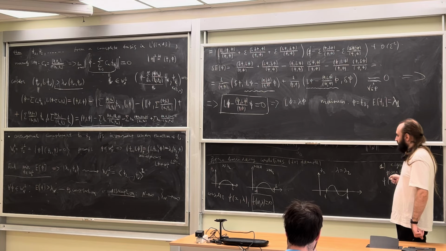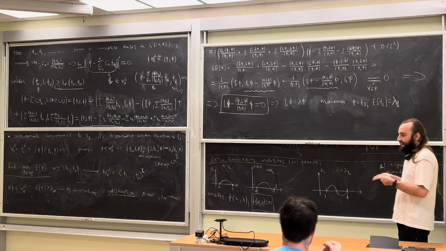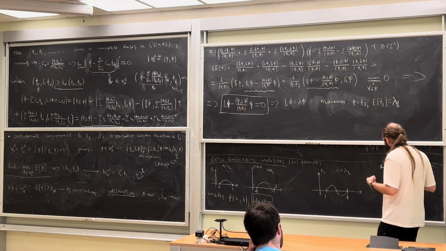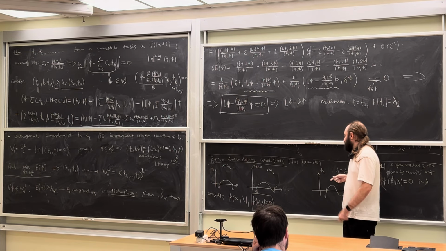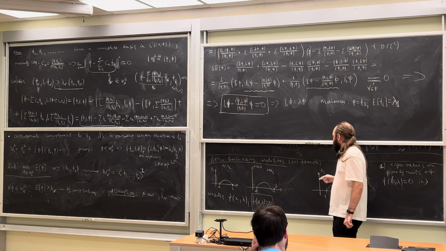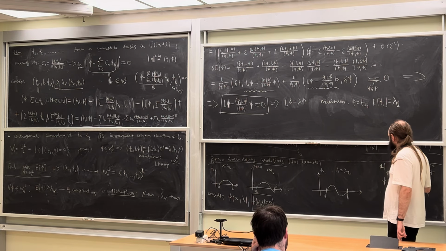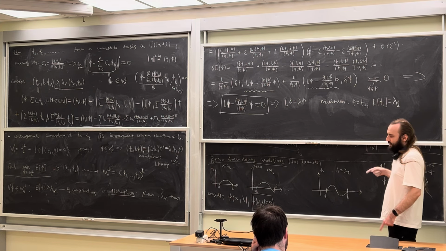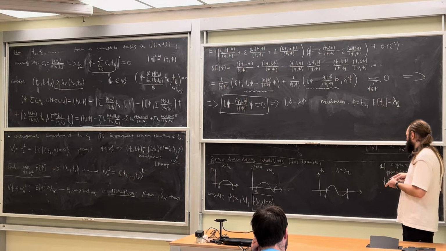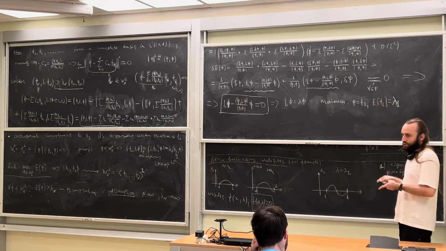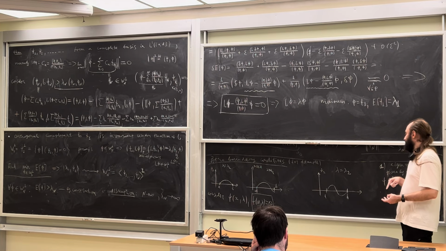The second observation is that if you have two values of lambda such that psi for one value of lambda has a different number of zeros than for the other, then this equation has solutions on the interval between lambda